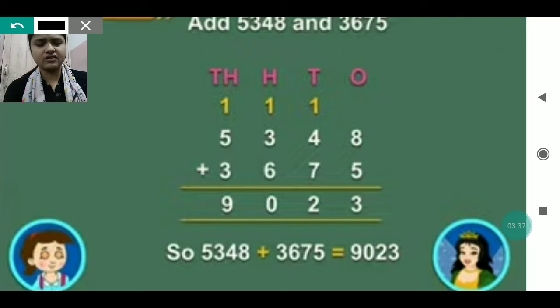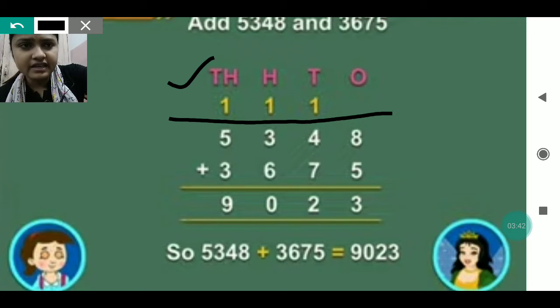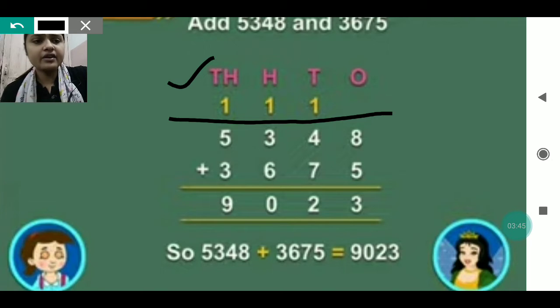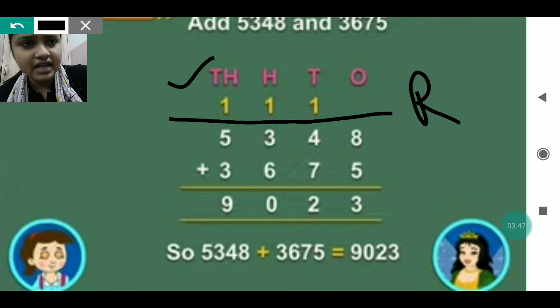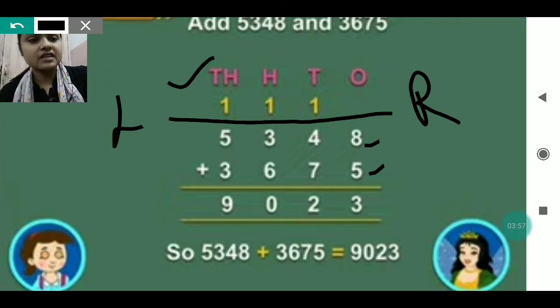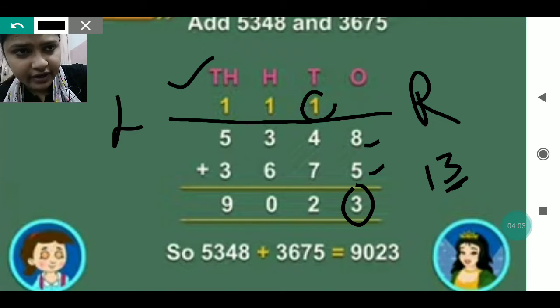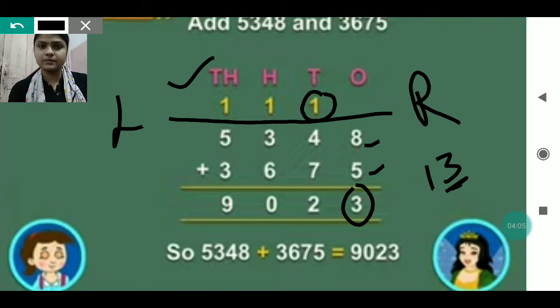You can see with this example also, upside we will mention the place values, and one line we will leave for writing the carry numbers. We will start doing the addition from right to left. On the right side, the first number at the ones place is 8 and downside is 5. So 8 plus 5 will be 13. 13 is a 2-digit number, right? So 3 will be written down and 1 will be carried to the next place, that is the tens place.